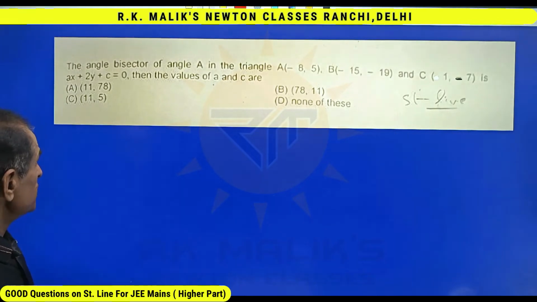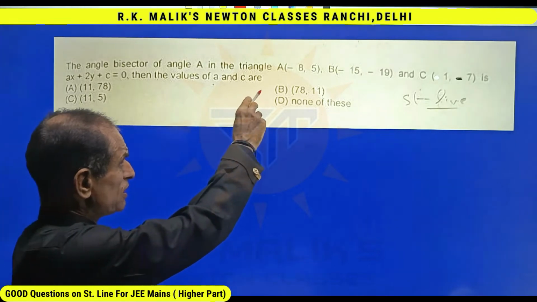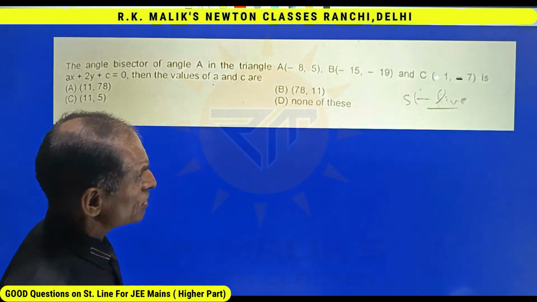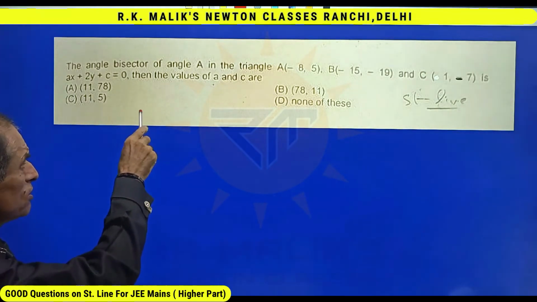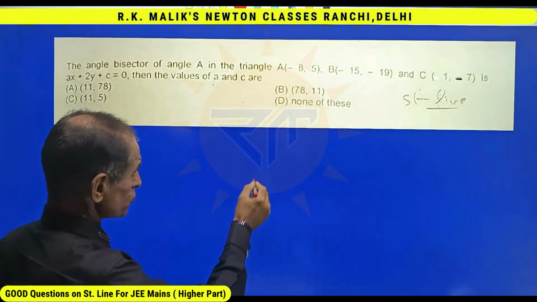In this question, it is given that the angular bisector of angle A in the triangle ABC with coordinates given has the equation ax plus 2y plus c equal to 0, then the values of a and c are. The meaning of the question is